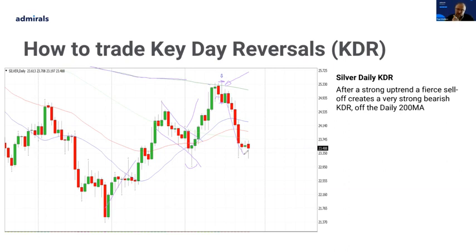And that's what I want you to be able to recognize, okay? It happens at the end of trends. When we see it at the end of trends, we want to be able to trade that. It's a very simple setup. And one of the reasons I like it is that there is no ambiguity. It is very clear. For a bearish key reversal, price has to be in a trend, has to have moved up, price has to push to a new high, and then it rolls over and collapses, and it has to close beneath the low of the previous candle. So there's no ambiguity. It's very crystal clear.